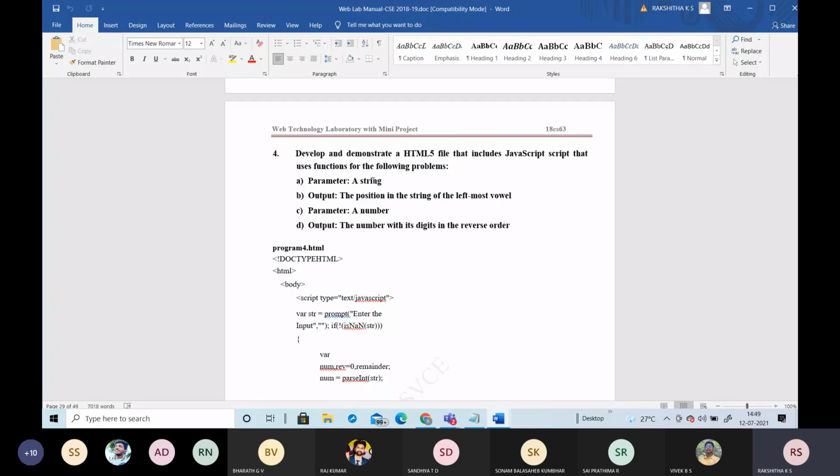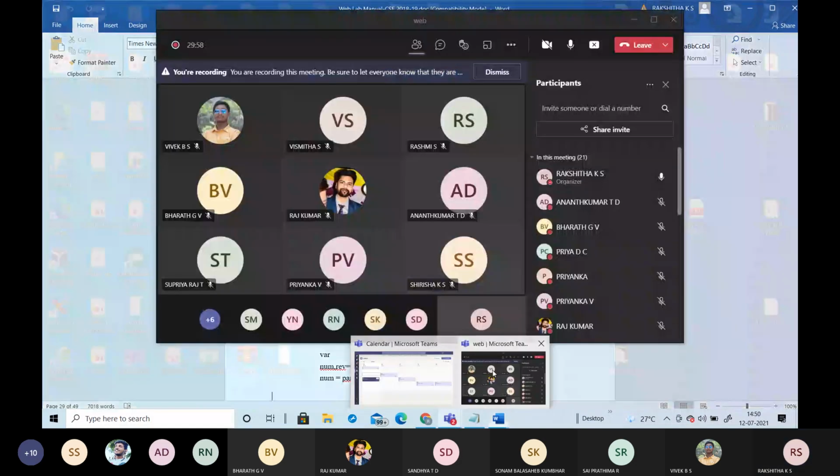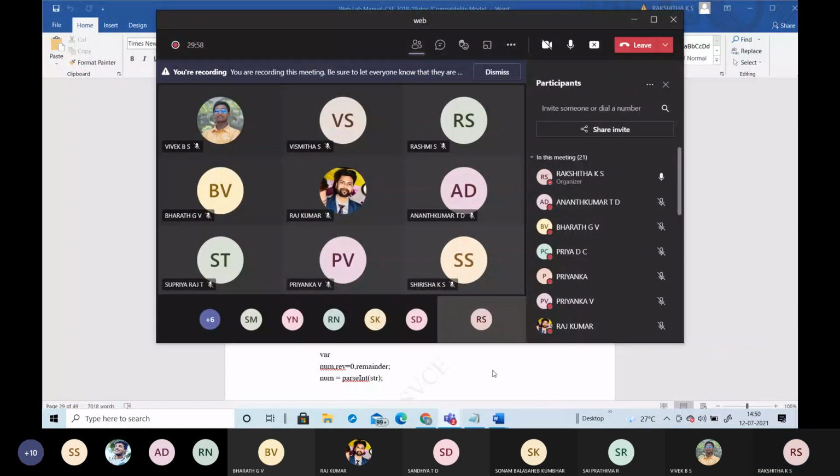What is the vowel in this web? What are the vowels? AEIOU, yes, that is AEIOU.